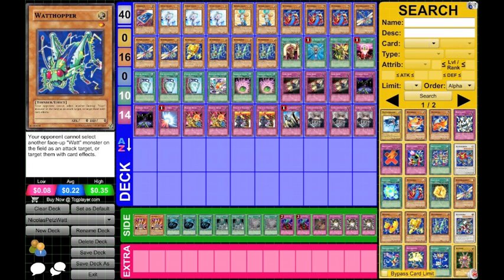But the draw power is nice. And the Shards of Greed I've always really liked in WCQ, simply because the WCQ deck really does have to focus on their back row. Their back row is integral to a WCQ deck. So using face-up continuous spells is actually a plausible idea, simply because your opponent is going to have to prioritize